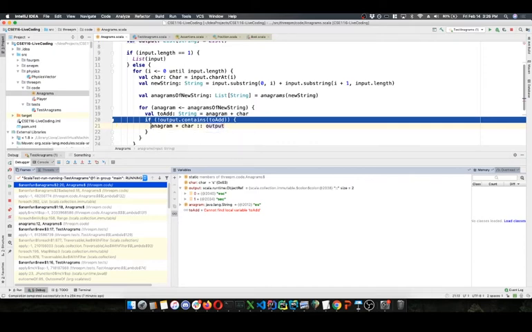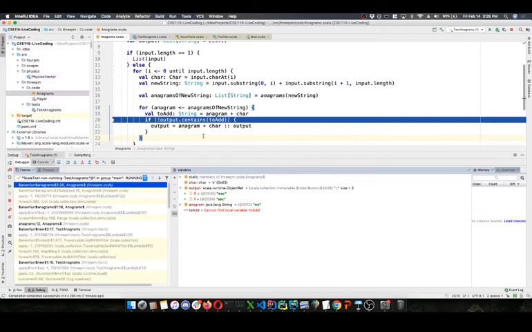Get rid of my shorthand here so we can explicitly see what's going on. This is the more drawn out way of saying it. This is the more clear way of writing that. We're taking that output list, appending this new word to it, and that creates a brand new list.